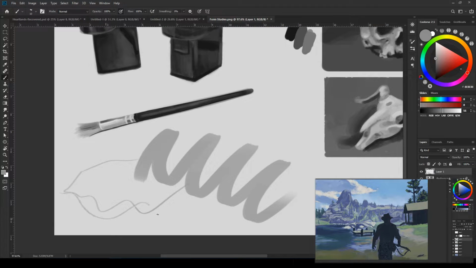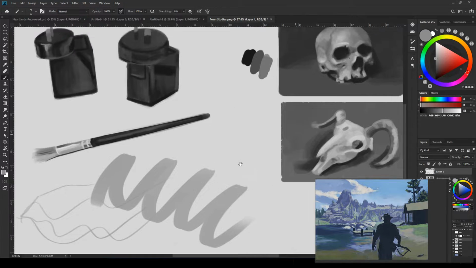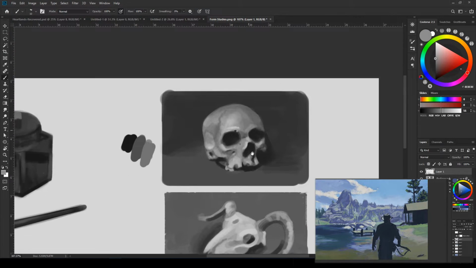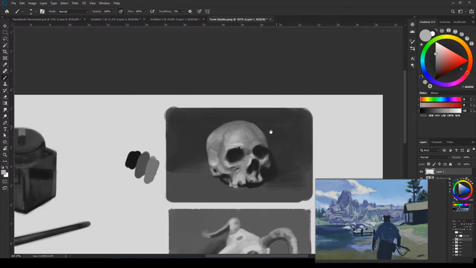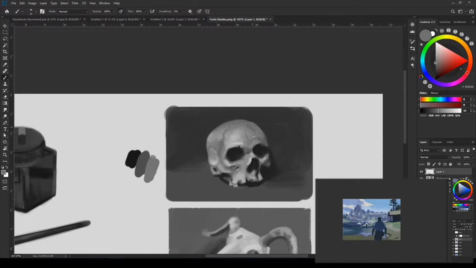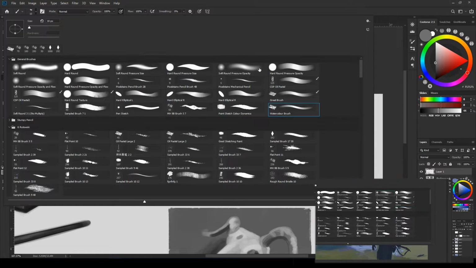You can see that it's very loose, very open, and I tend to do that when I'm blocking in things at the very, very beginning. So this skull here, you can see it's still got a lot of soft edges around it, and I'll come in and just try and add a little bit more definition and try and block in some basic values and stuff. But it's meant to be very loose, and it's meant to give me some sort of starting point